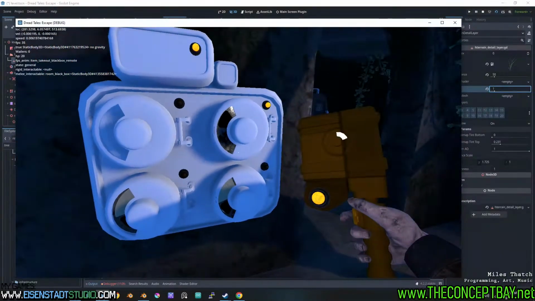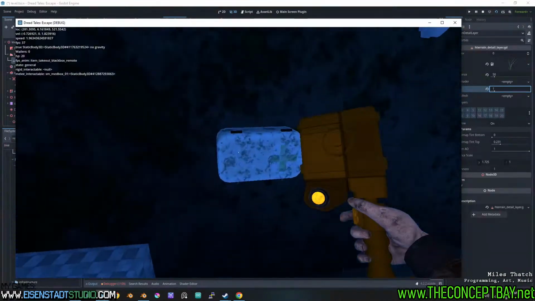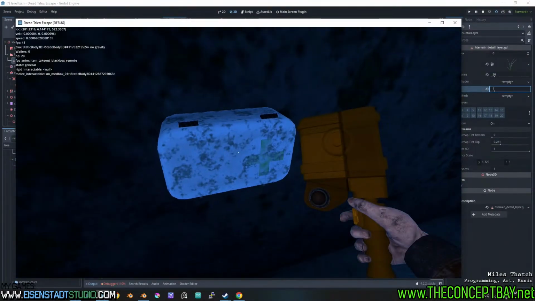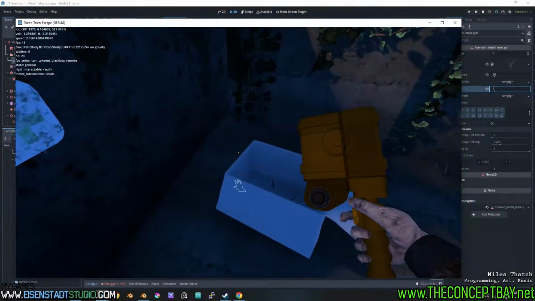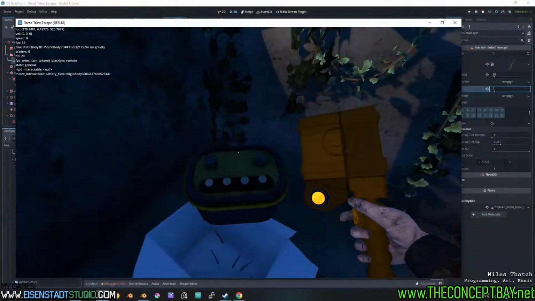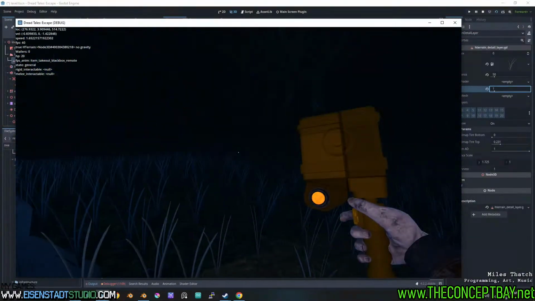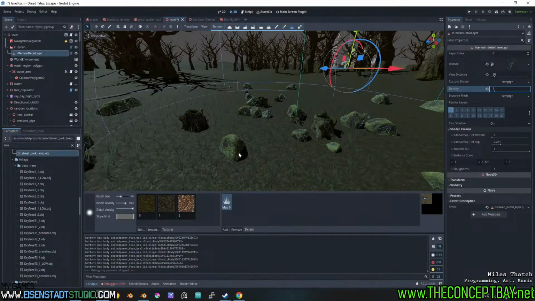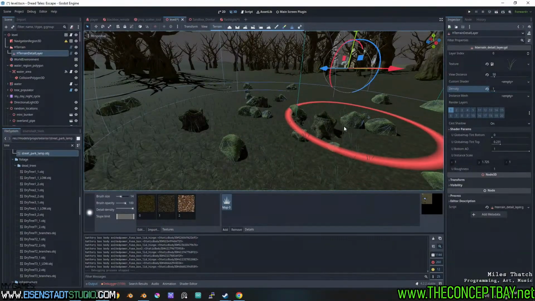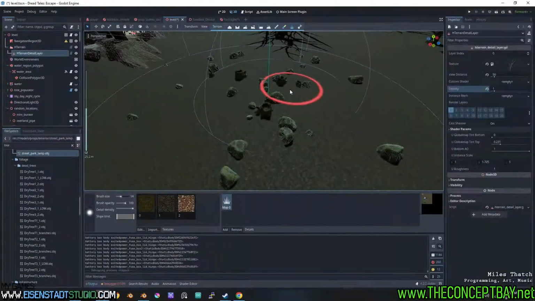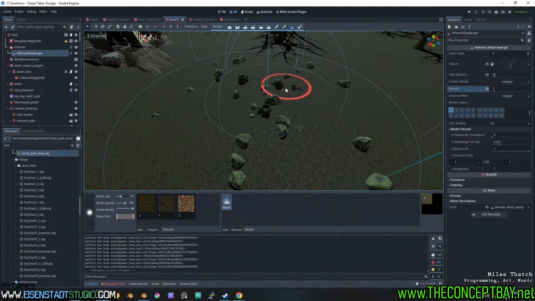There we go. Oh, this doesn't work anymore. All right, that's fine. We'll sort it out. Cool. Okay, that's it. I think we've made good progress. We now have an asset placement tool. We're going to continue